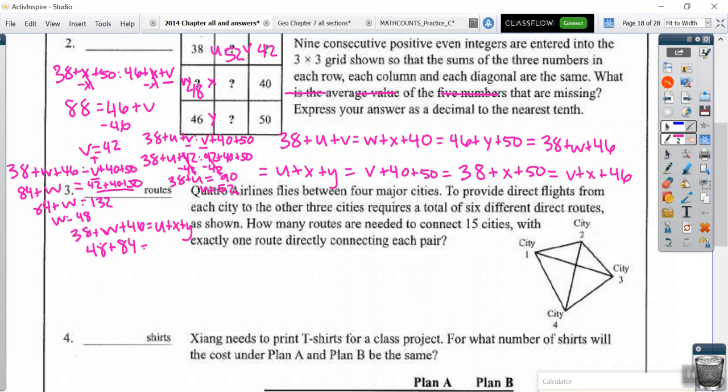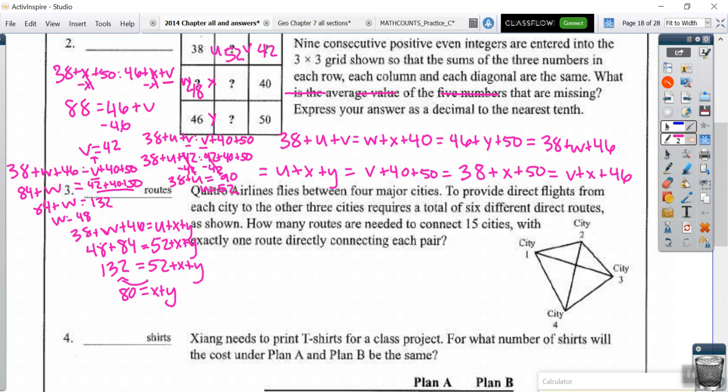And then we have our u is 52, and our x plus y is left over. So then we're going to subtract over, well, we'll add those two. Now we'll subtract over the 52 over here. And so we have 80 equals x plus y. And we're just going to leave it like that because in order to find the average anyways,